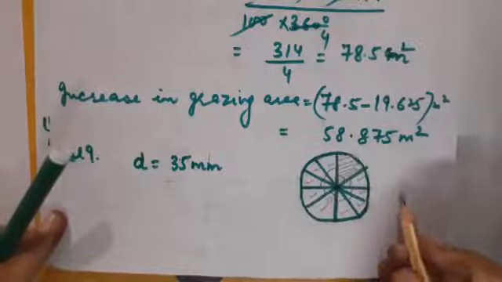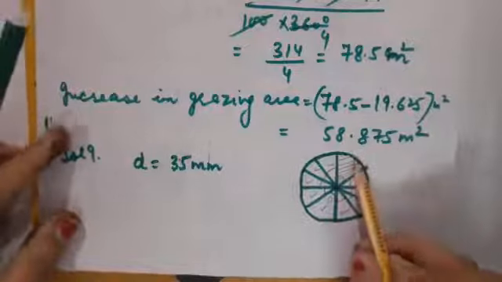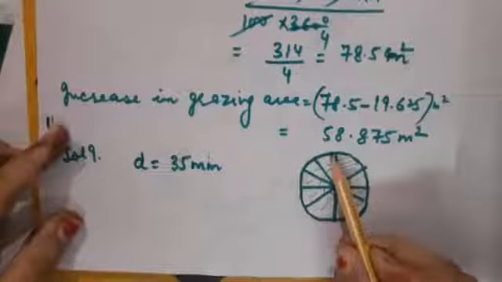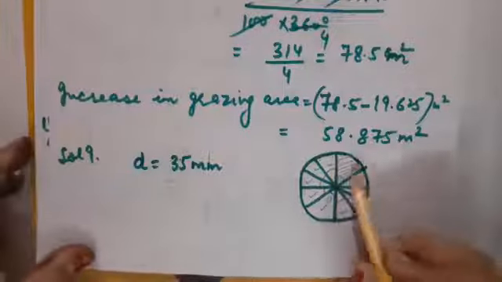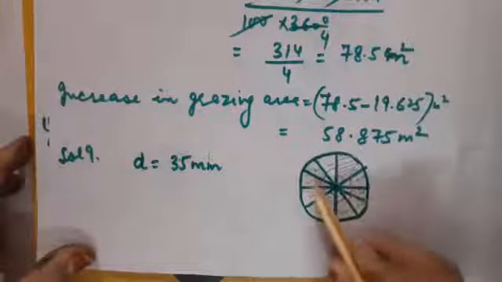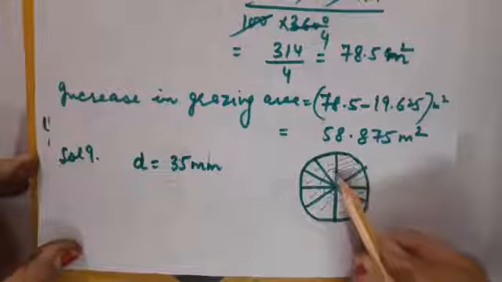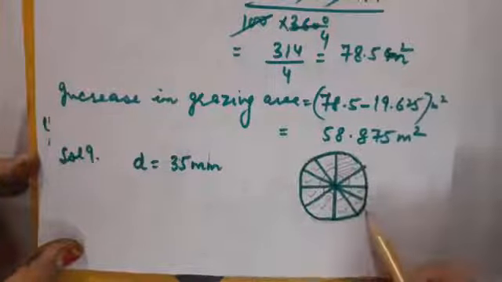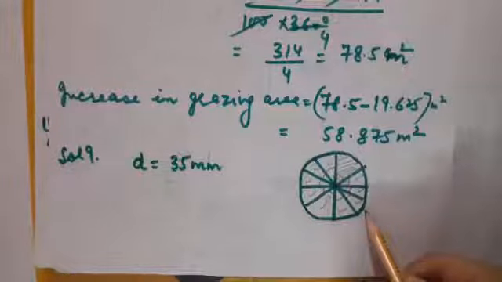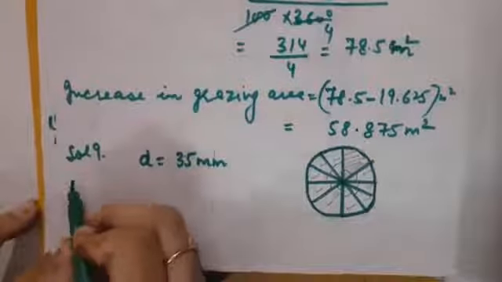So we are going to calculate the total length of the silver wire used. Can you please tell me where is the wire used? First, the boundary of the circle, that is circumference, means we will be applying 2 pi r. Fine. And along with it, these are 5 diameters, or you can call 10 radius. So if I add the length of these 5 diameters to the length of the boundary of the circle, I will be able to calculate the total length of the silver wire which is used to make this brooch. Correct? So let us start doing its first part.